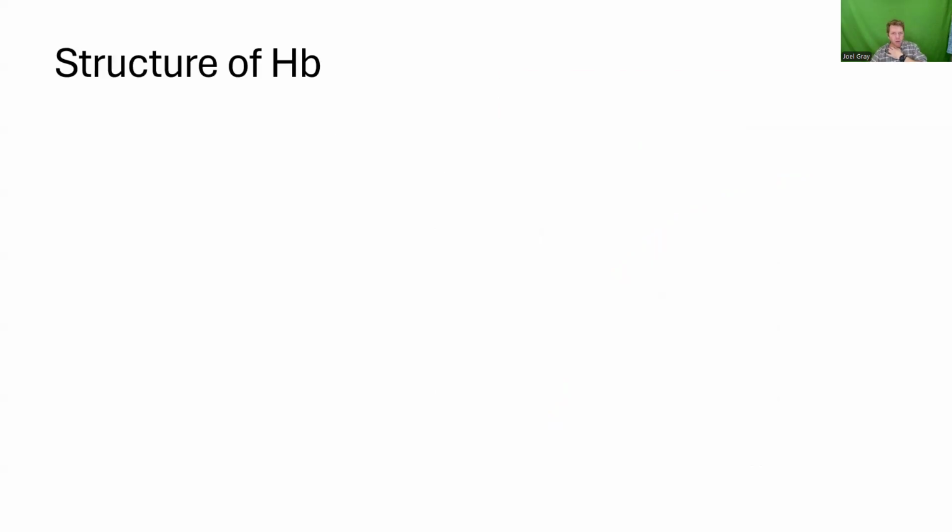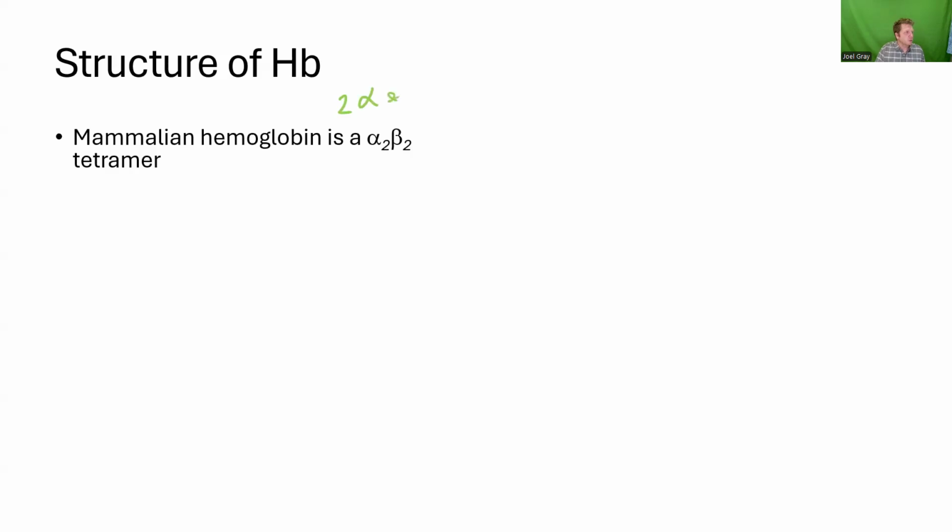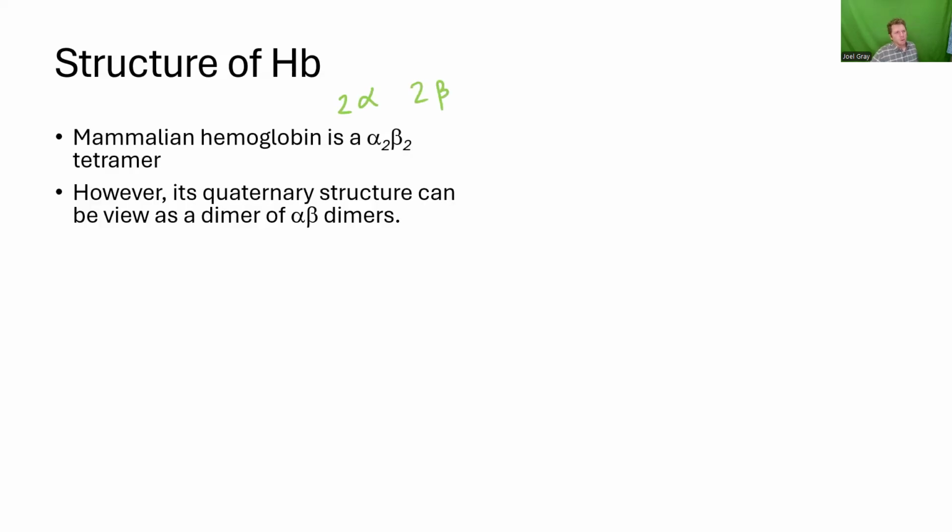Now, the important parts of the structure of hemoglobin as it relates to picking up and dropping off oxygen. Mammalian hemoglobin is what is known as a tetramer, and specifically, it's an alpha 2 beta 2 tetramer. What that means is it's got 2 alpha subunits and 2 beta subunits. Now, its quaternary structure, so those 4 subunits kind of assemble into what people commonly know as a dimer